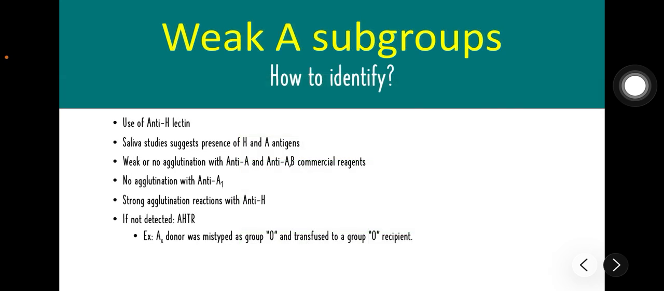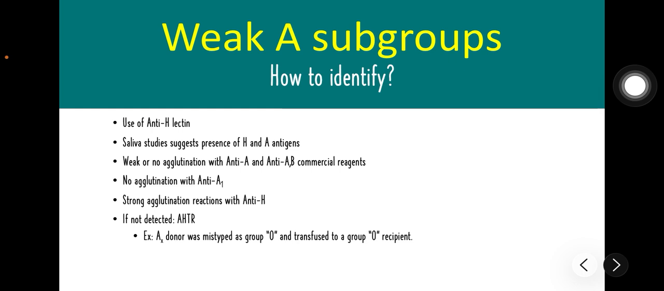So how are we going to identify the weak A subgroups? For A3, you have a mixed field pattern of agglutination with anti-A as well as with anti-AB. When we talk about mixed field, again, these are small agglutinates within predominantly unagglutinated cells. So why does it matter